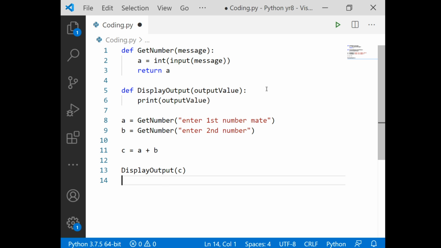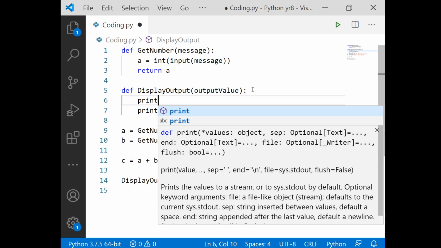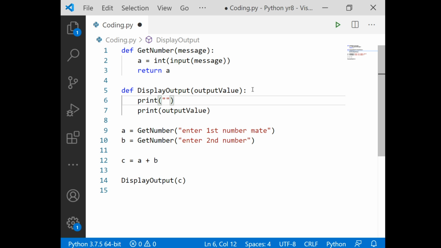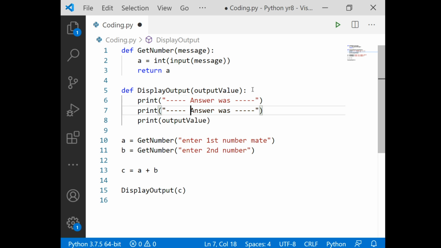Okay, so I might want to pretty this up a little bit. So I might print something like this, and I might put some funny bits of text before and after my answer.